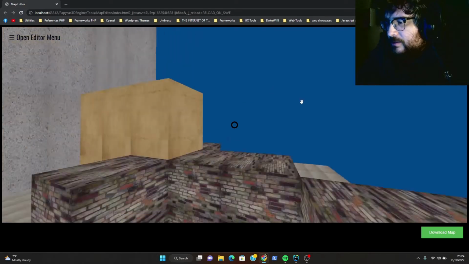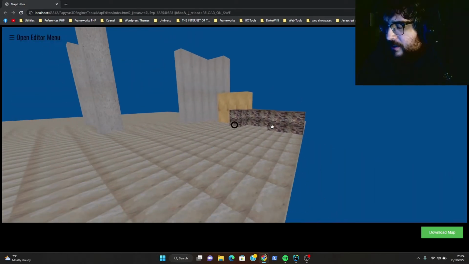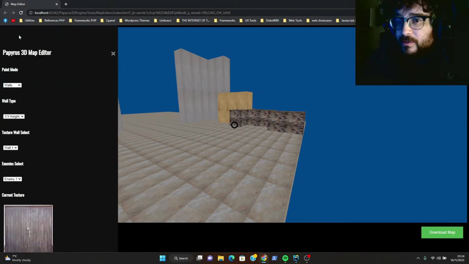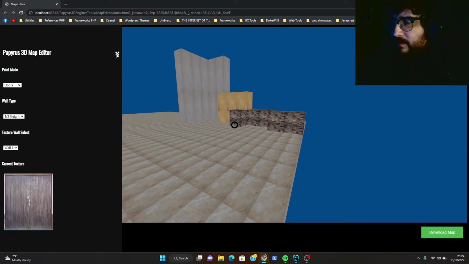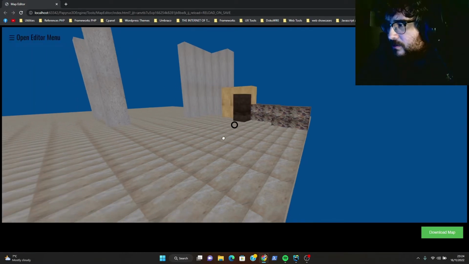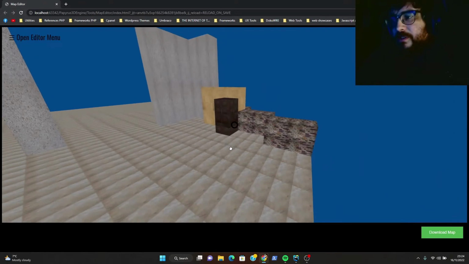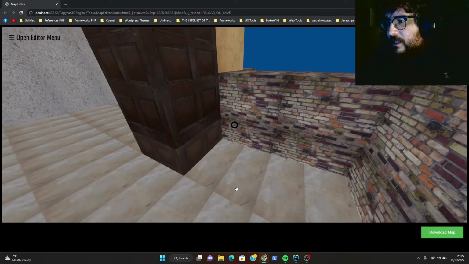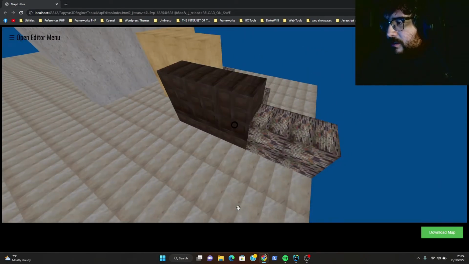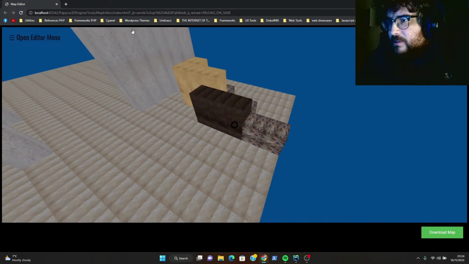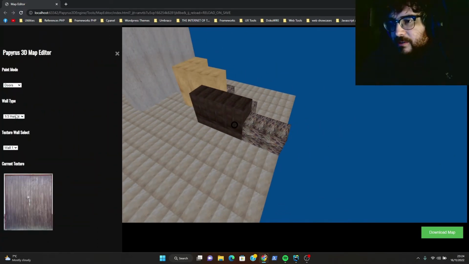So that's mostly what I've been working on actually, just getting the walls to render correctly. I've also got a door as well, so if you go to paint mode, switch it to doors. I think this works from last time I was working on it. Yeah, and you can pick, which is not textured correctly at the minute, and also needs to be somewhat resized, but you can also add a door, so you can switch between these four elements. Not the best looking map at the minute, but